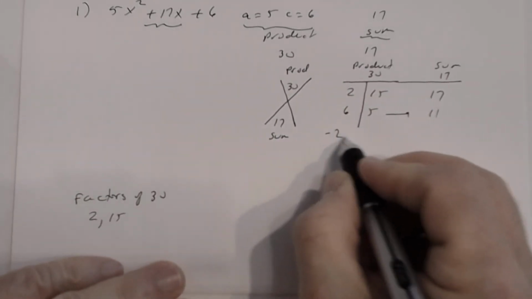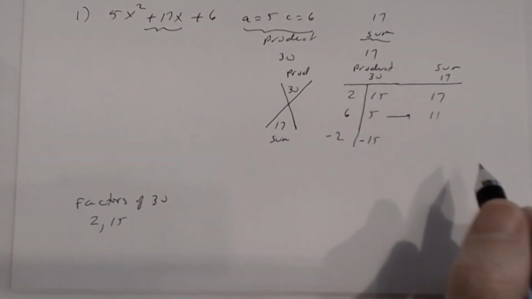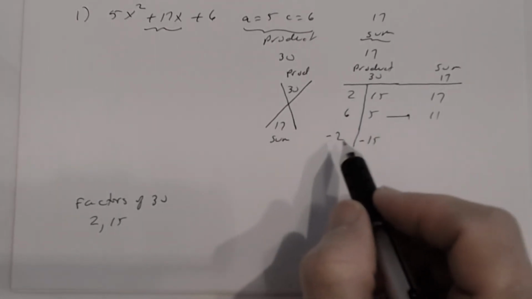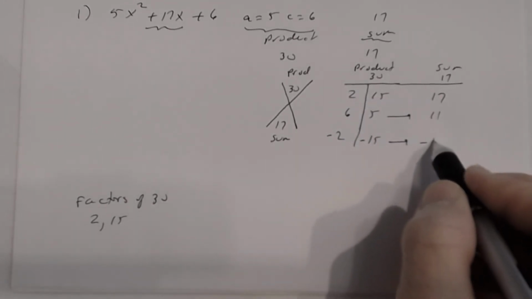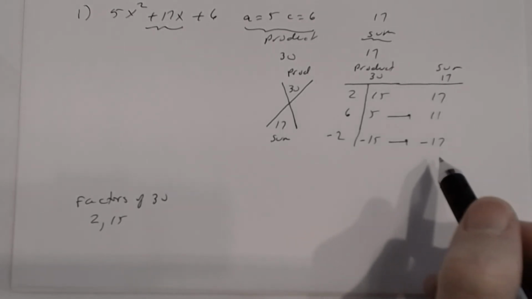So I'm going to ask you this. Can you use -2 and -15? Is -2, -15 correct? No. Because although their product is 30, -2 times -15 is a positive 30, the sum is a -16. But what do you want? A positive 17. Okay, so